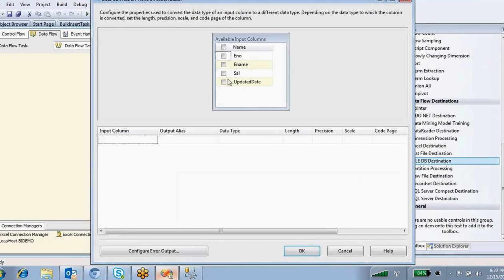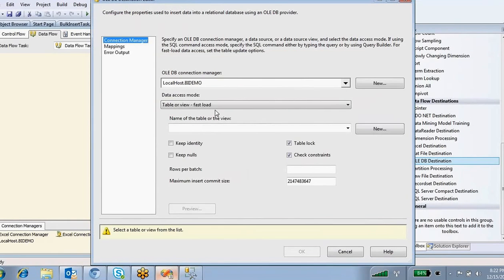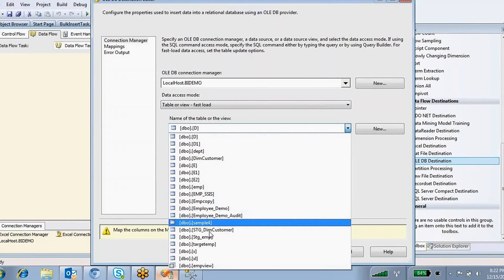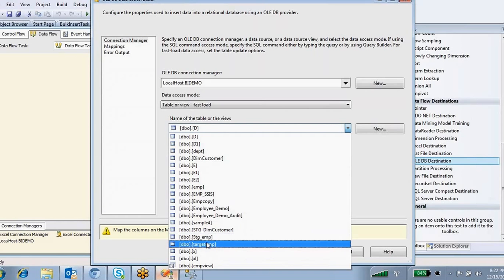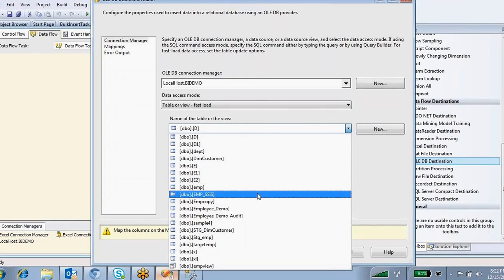In the data conversion, for employee name you have to convert to the string data type. And in which table are you going to load this? Stage emp, right? Where is the table?